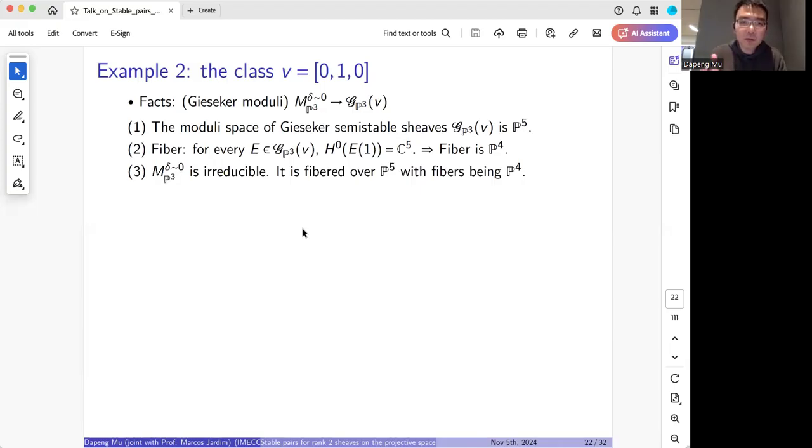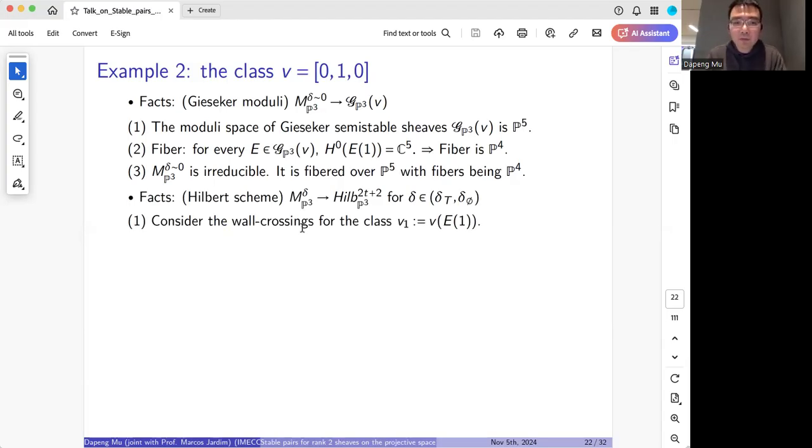Moreover, we also know that this moduli space, when delta is very close to 0, which means this moduli of pairs, is fibered over the Gieseker moduli, is irreducible, and is fibered over this P5, the Gieseker moduli. The fibers are P4. So this is a description of the fiber Gieseker moduli. And then for the Hilbert scheme,